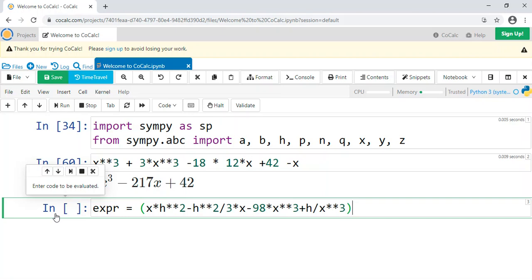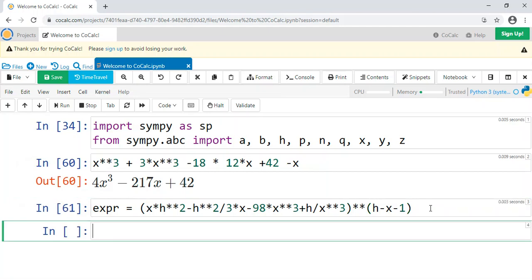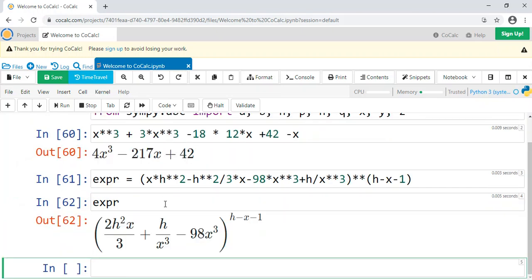And let's put it all to the power of h minus x minus 1. So we're storing this jumbled nonsense that I just typed in into expr. If we were to type it in, it'll probably simplify it to some extent, but it's still going to be a whole bunch of stuff.